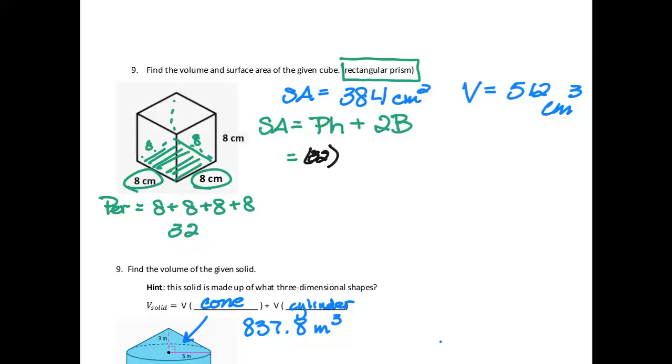Let's do that a little better. Equals 32 times, what is the height? The height is also 8. That's why it's a cube. So times 8 plus 2 times the area of your bases. That base is a square. So I need 2 of these